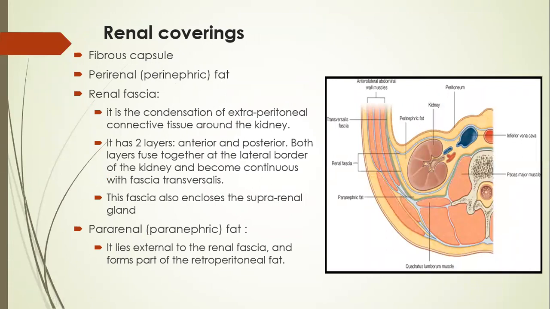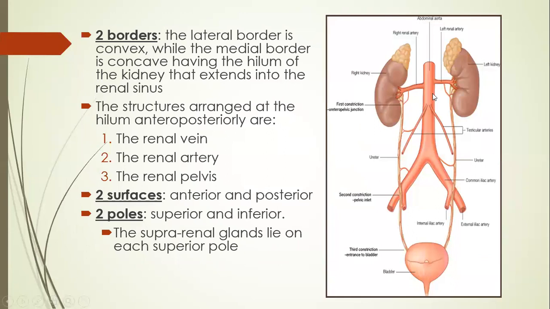Now coming to the coverings of the kidney. Kidney is a very important structure, hence it is well protected. It is well protected by very important coverings. The most important, which is inside, will be the fibrous capsule. So this is the kidney here. There is a cross section taken in the abdomen, where the kidney is present. If you can see here, this is the kidney, this is the abdominal wall, this is the vertebra, and the vessels are here. So this is the cross section of the kidney.